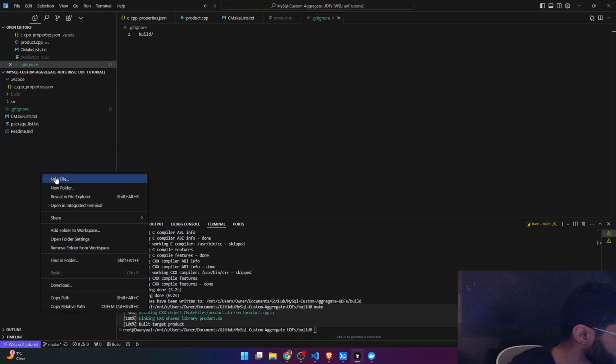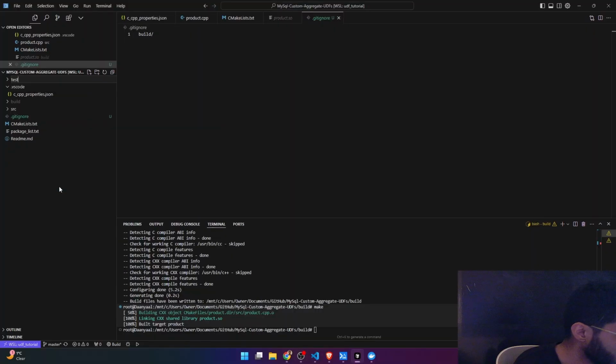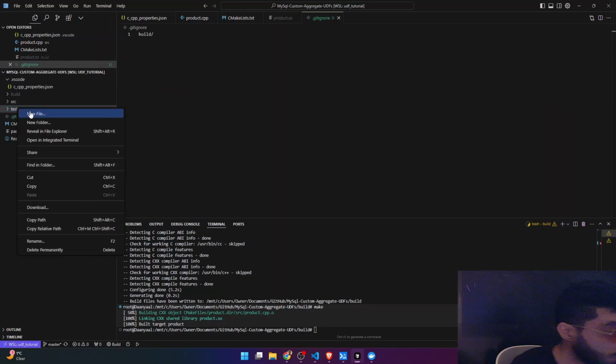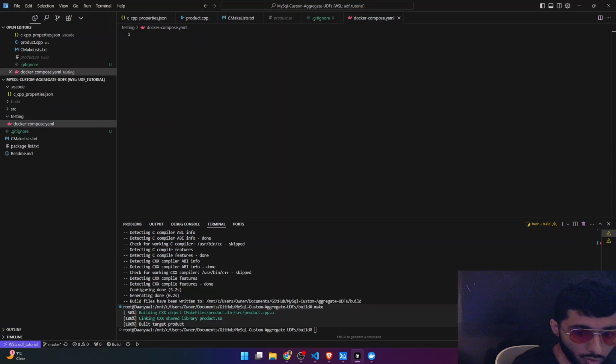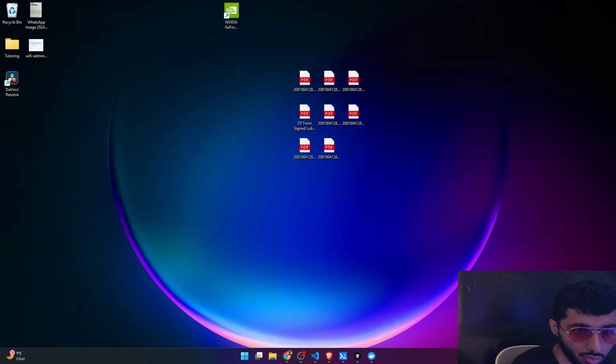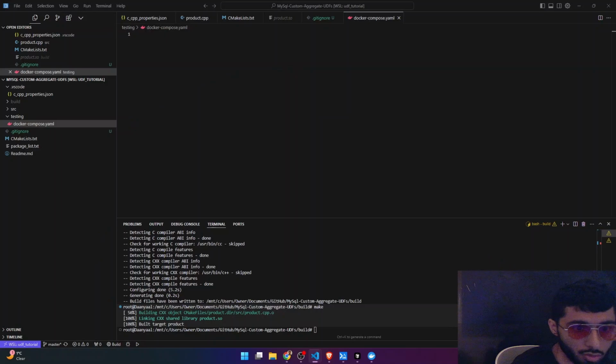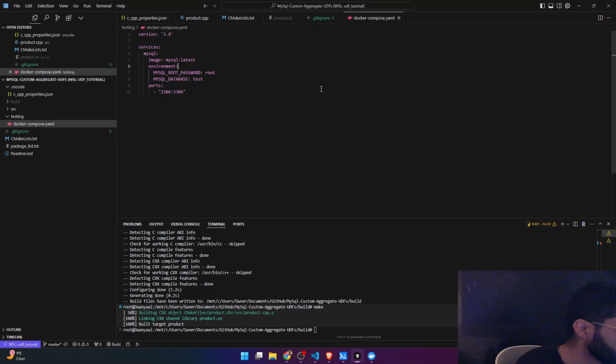Okay, and then for testing purposes, I will just create a folder called testing, and we're going to define a Docker file in there for easy testing. So docker compose.yaml. And in the file, we're going to set up a very simple MySQL instance, MySQL with these ports, and